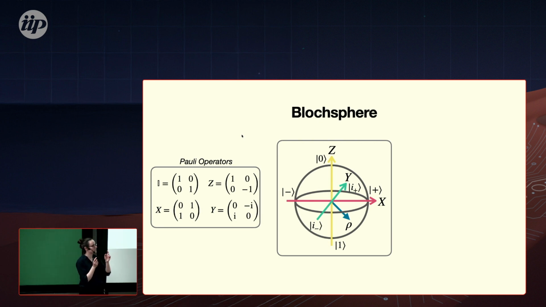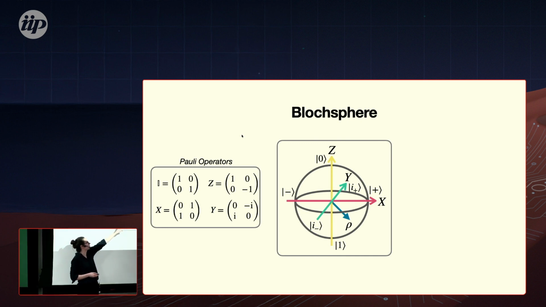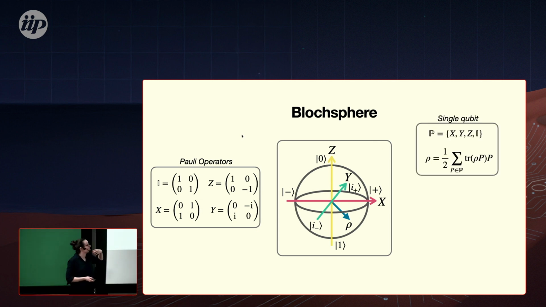And every time the axis pierces this sphere, we know that this is the vector for one of the eigenbasis vectors of the respective Pauli. So we have 0 and 1 for Z, plus and minus for X, and i plus and i minus for Y. And because we know that the Pauli matrices form a matrix basis for the Hermitian operators,